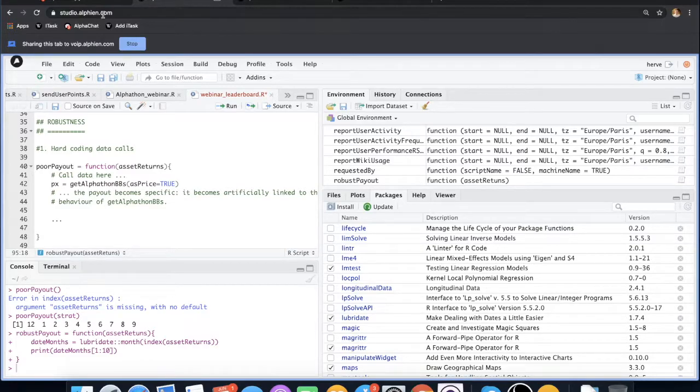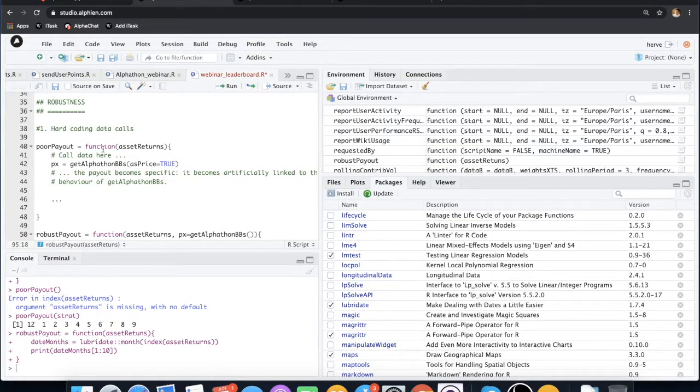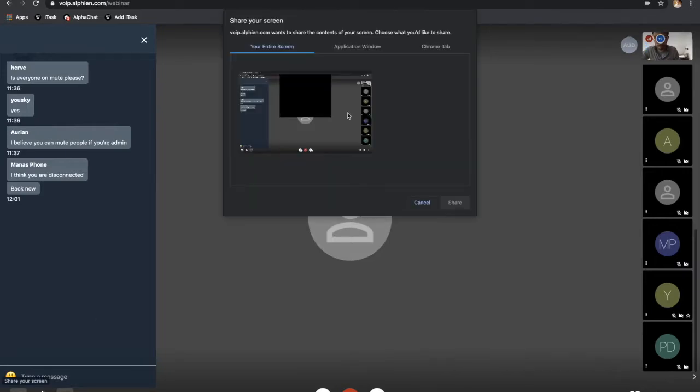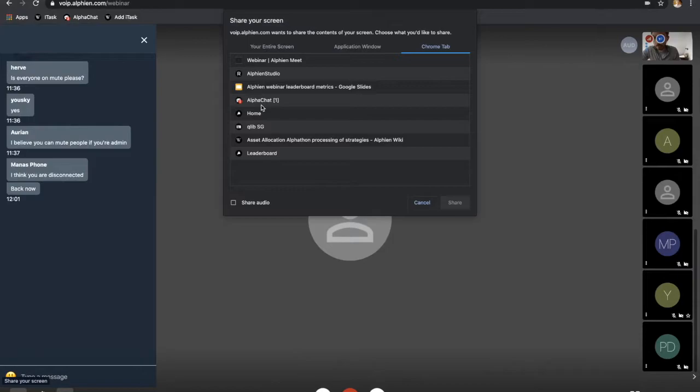And if I go back to the presentation, the leaderboard ranking is going to define the probability really of you winning the competition, because we are going to present all these metrics to our sponsor, and the sponsor then decides which strategy, which portfolio is the best one that fits their needs.